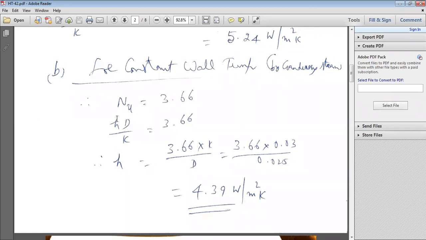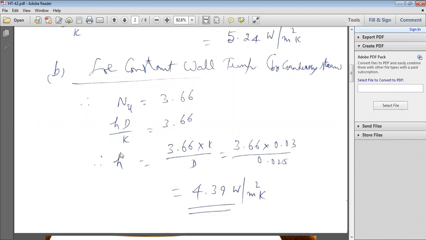In the case of a pipe or tube, the characteristic length here is the diameter of the tube. That's why the Nusselt number hD by k is equal to 3.66. From this, you can calculate the heat transfer coefficient. h is the heat transfer coefficient, D is the diameter of the pipe, and k is the thermal conductivity of the fluid flowing through the tube, here air. D is the diameter of the tube or pipe, and h is the convective heat transfer coefficient. So from this relation, you can calculate